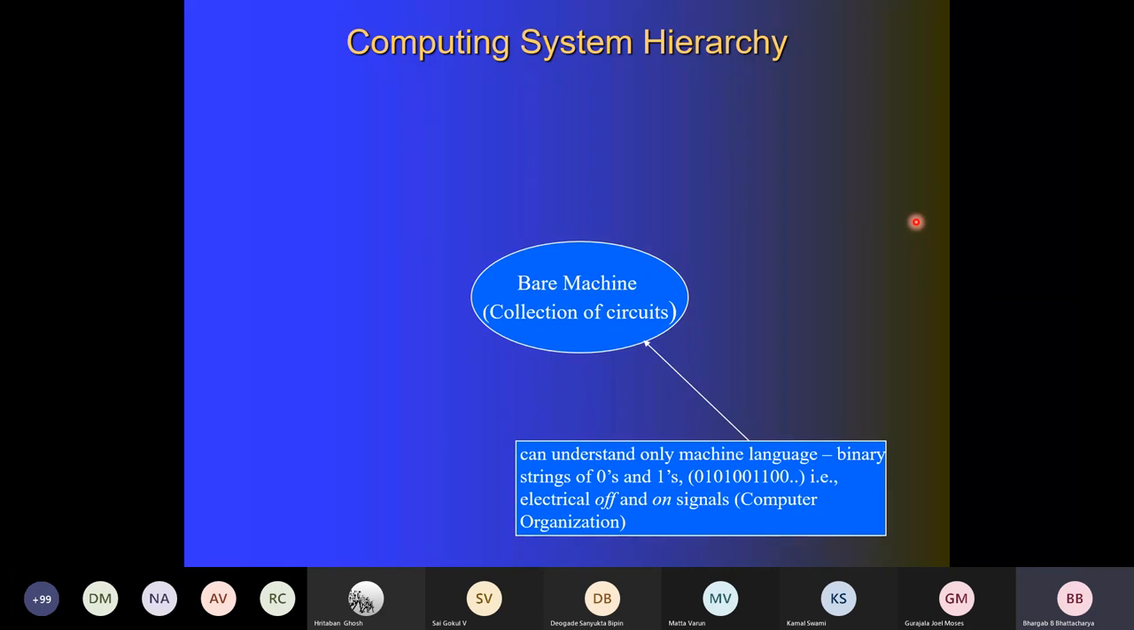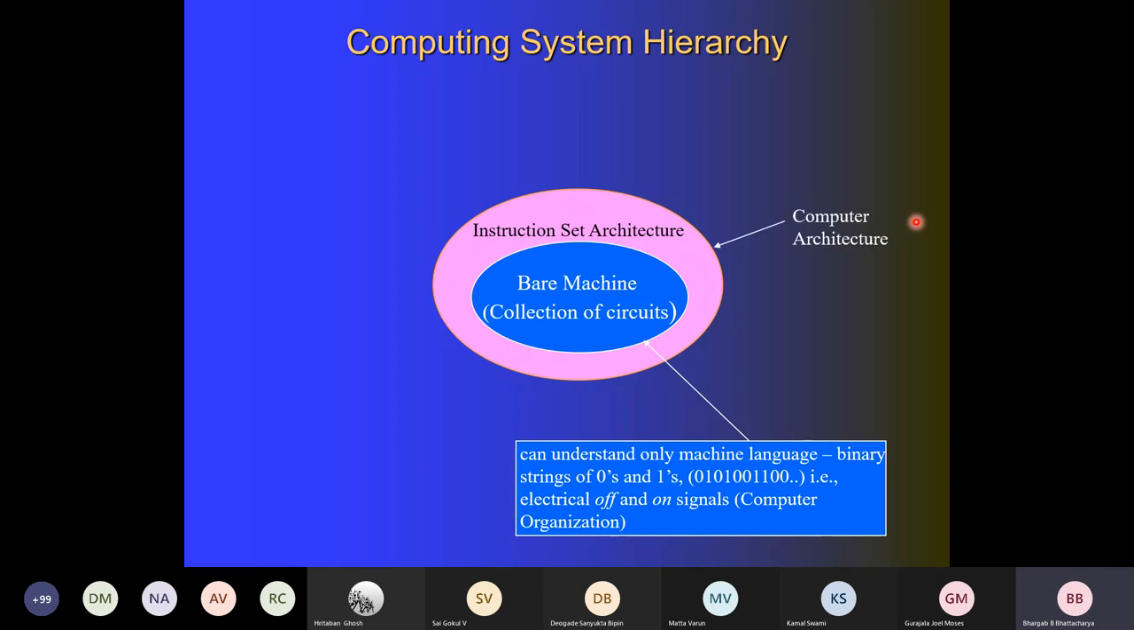So given this, which is the bare machine, it can understand a sequence of zeros and ones, but as you know, handling sequences of zeros and ones is cumbersome. So instead of representing binary strings, we use some kind of mnemonics or assembly language, like add, move, load, and so on. And this collection of assembly language, which has one-to-one correspondence to the machine language instructions, is called the instruction set architecture,